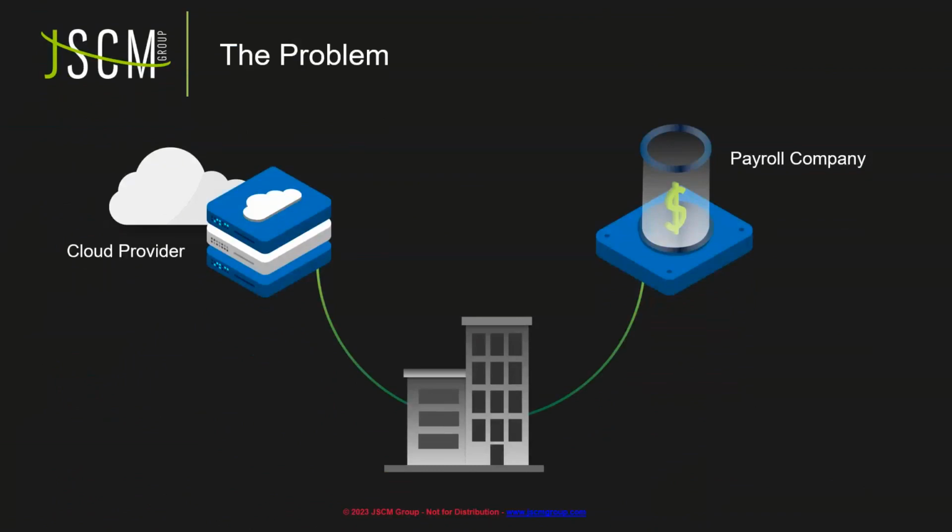Anytime we're dealing with a third party, whether it's some sort of cloud provider, so it could be something large like Azure or AWS, where you're hosting certain systems, or a smaller thing, maybe like a local payroll or HR company that you're using, regardless of what it is, they may be managing our data, but if that gets impacted, if they get compromised, if they're not doing their due diligence in backing up that data, it still affects us. Even if it's not a direct system compromise, it impacts us because, again, that is our data.